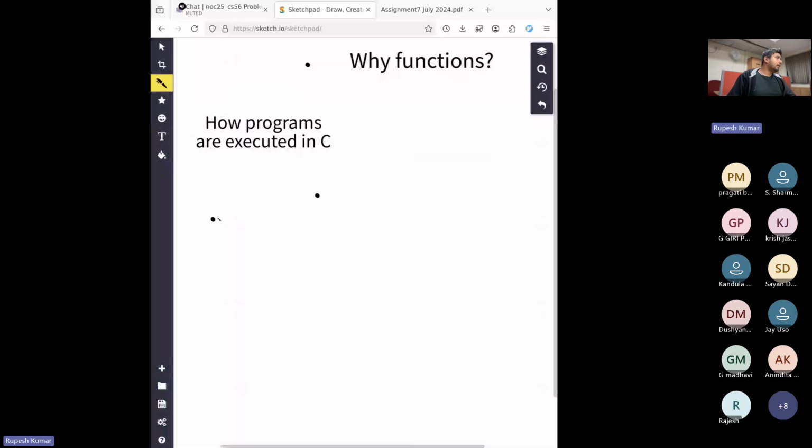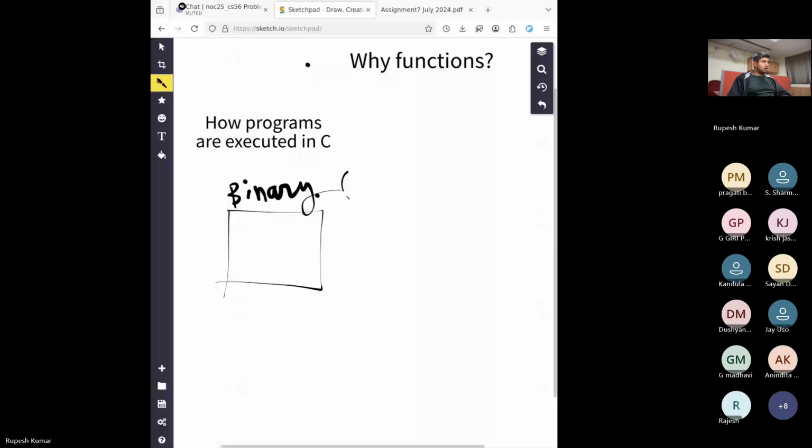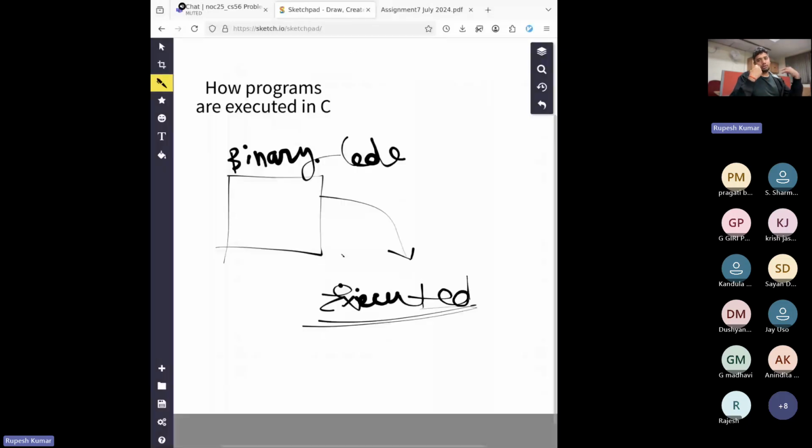So when you write a program and you compile it, it generates some binary code after compiling your program. And this code gets executed. Fine. It is executed, and only then do you see some outputs from your program. So how does this work? Which part of your code gets converted into this binary code and how does it get executed?